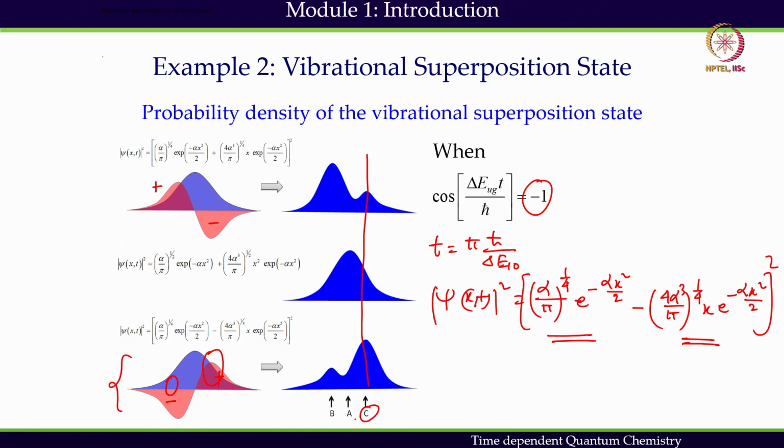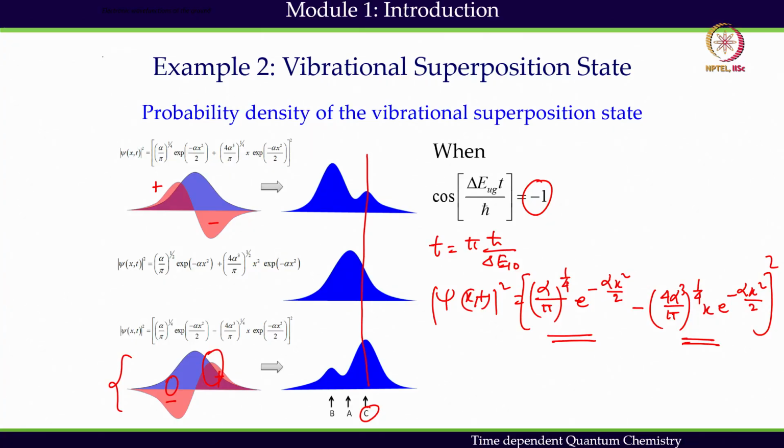So what we see from this time dependent change in the density, the position of the atom, is that the density is changing from B position to A position to C, and again it will be oscillatory. C will come back to A and B, and this is the way the density is changing, and that's exactly manifesting the molecular vibration. So coherence has now allowed us to observe the change in density as a function of time, which can be experimentally observed, with the same frequency as the molecular vibration.